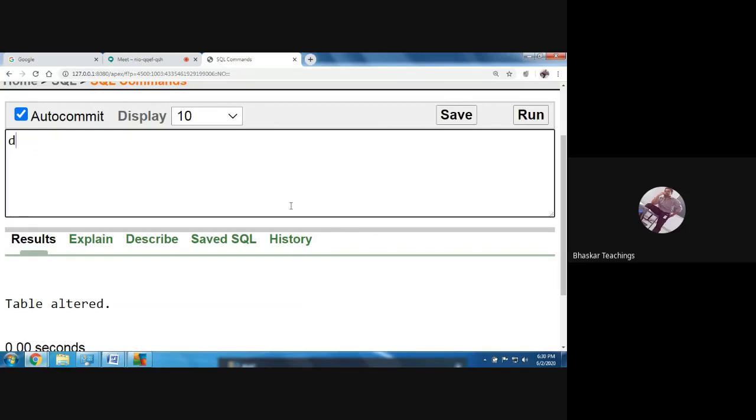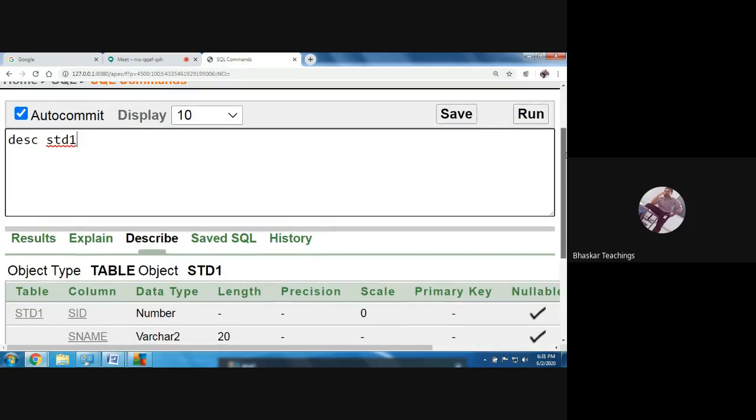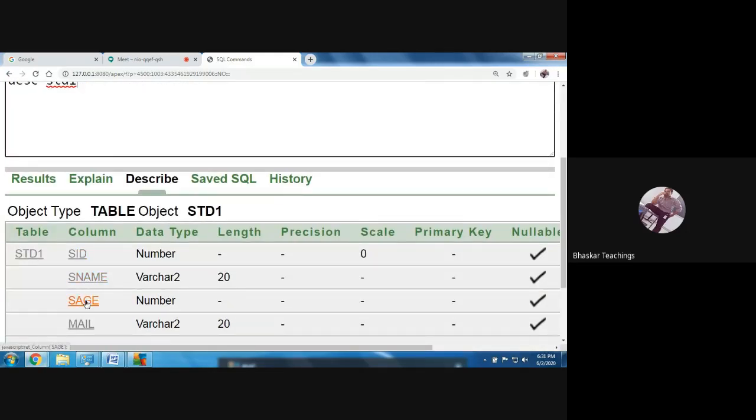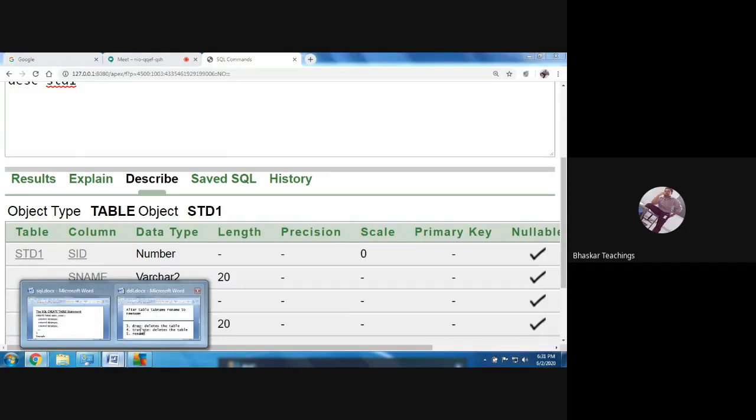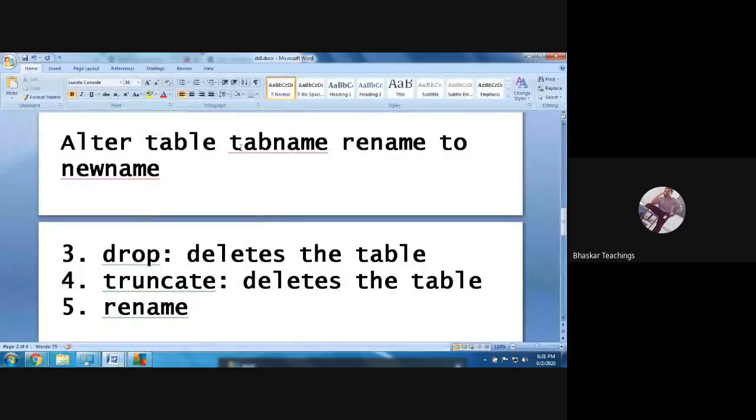Now if you want to check, you need to give DESC and the new name of the table, that is std1. Run it. See, std name, age, male. This was our table, right? And what is the name of the table now? std1. So this is how you will rename the table: alter table name, rename to new name.